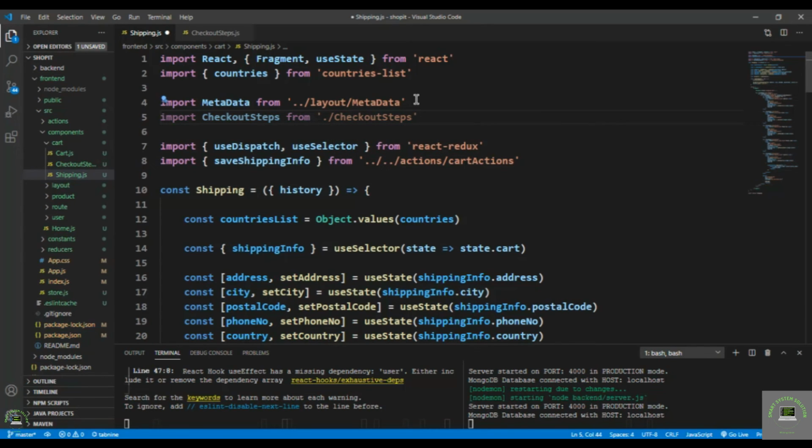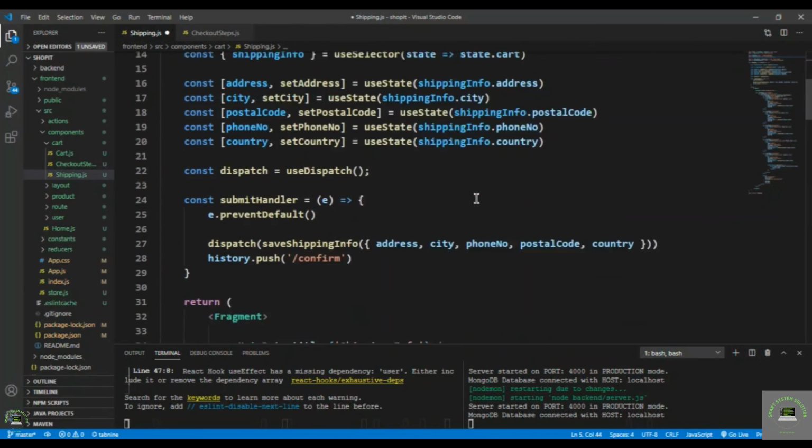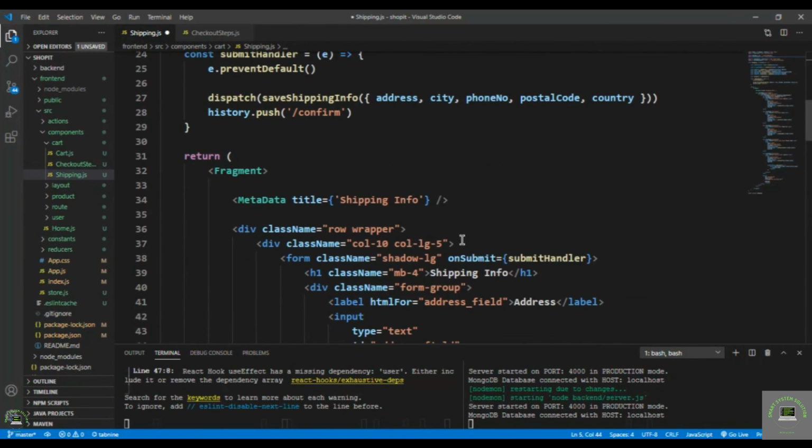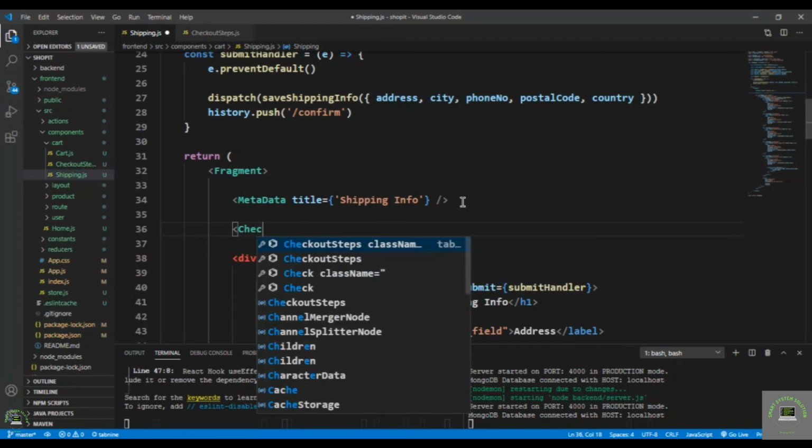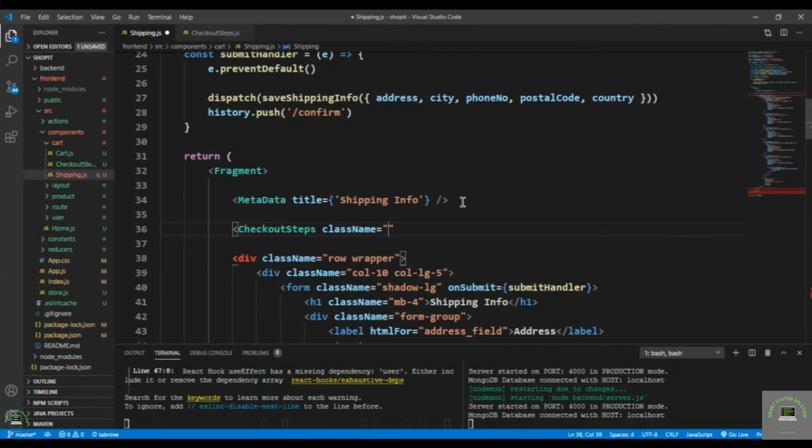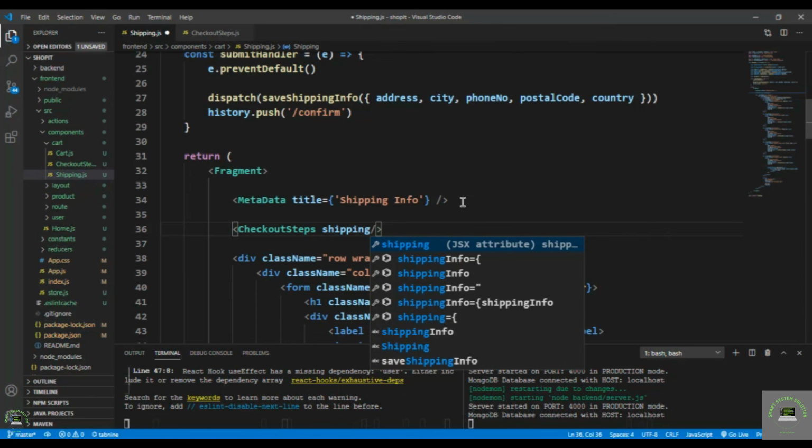All right, and then let's actually put them here after this one. So checkout steps. Okay, and then in checkout steps we have to pass here the step on which we are. So right now we are on shipping, so I simply pass here shipping. Alright, simply save it,